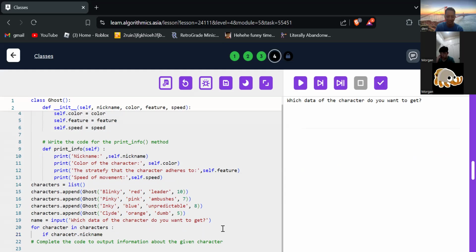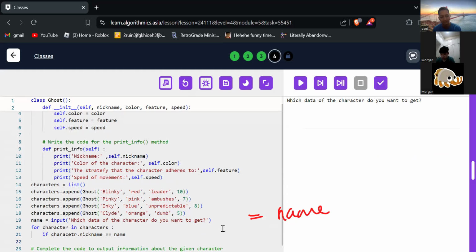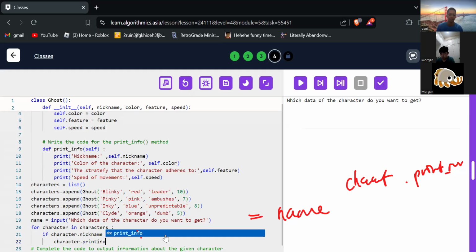Okay. Is equal to name. Yeah, okay. Colon. Okay. Just print, I mean character dot print info. Okay. Print info. Yeah. Okay.